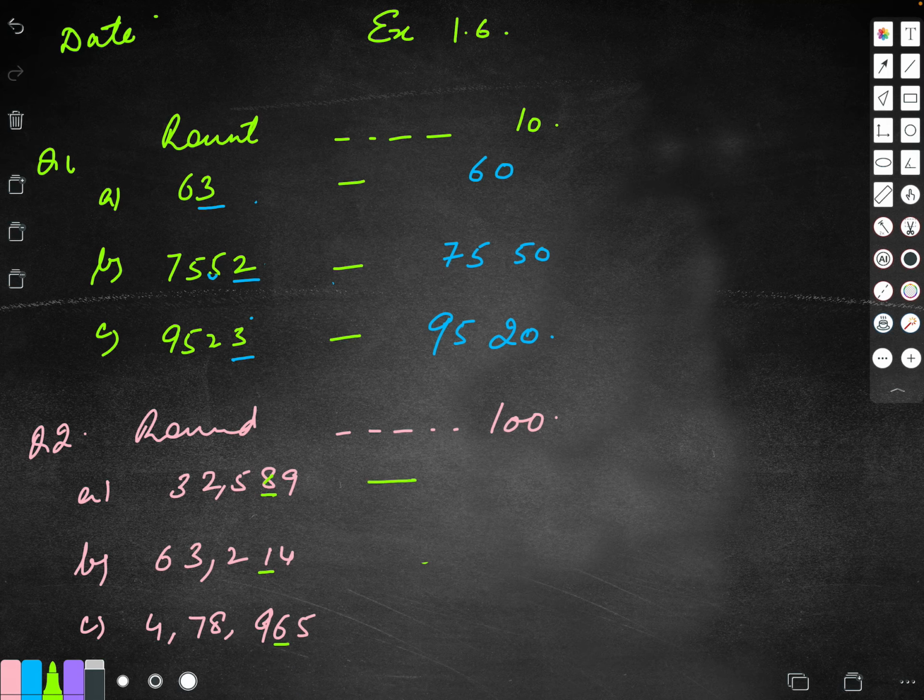So when I see 8, it is in the after box, it will be rounded to 600. When I see 1, it is in the before box, it will be rounded to 200. When I see 6, it is in the after box, it will be rounded to 9,000. Simple. So similarly, we'll do question number 3, children.